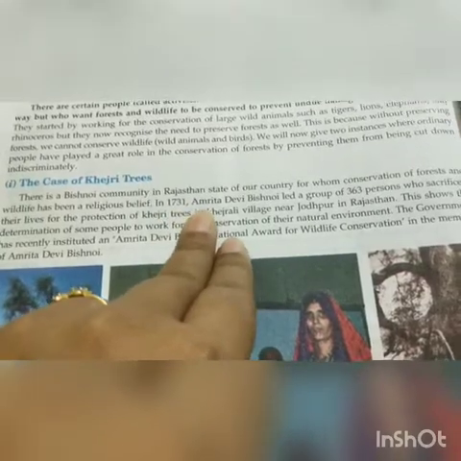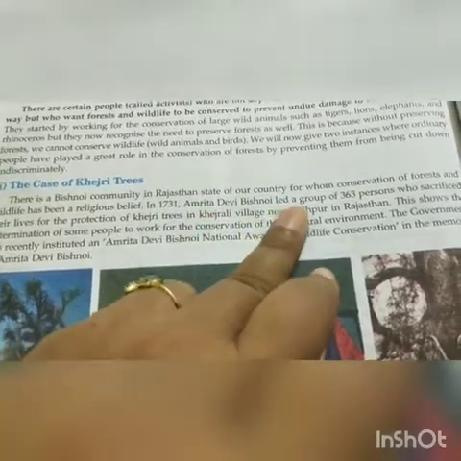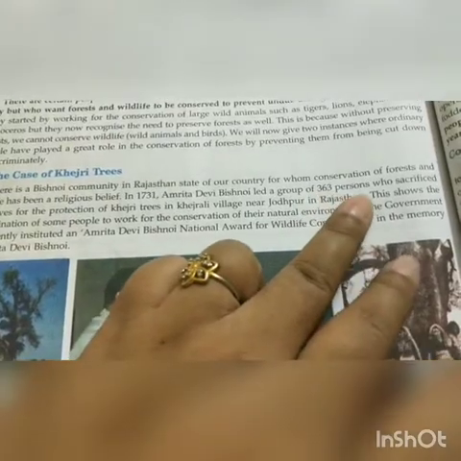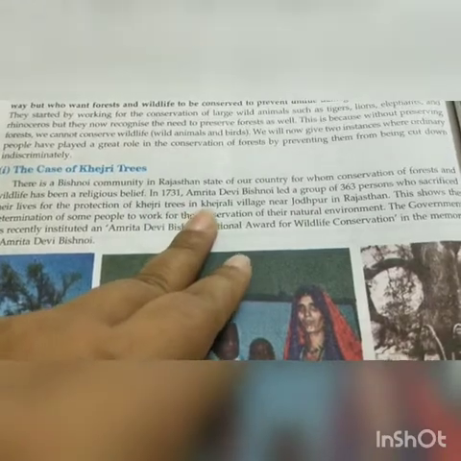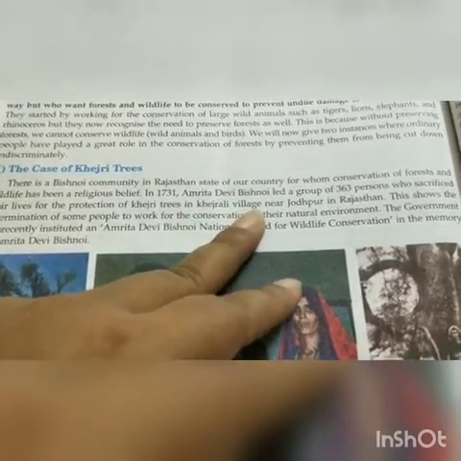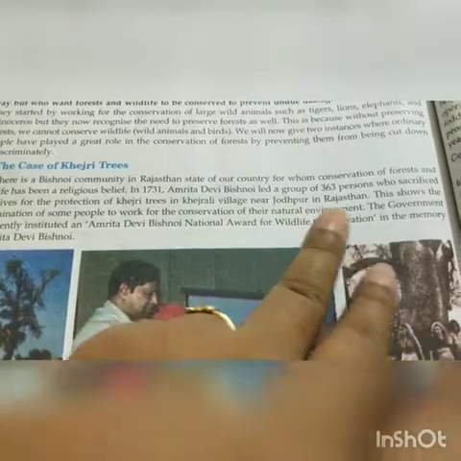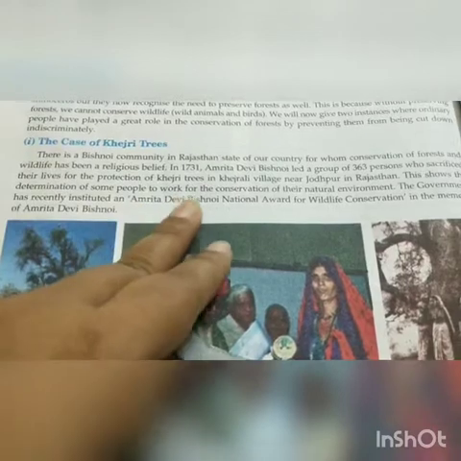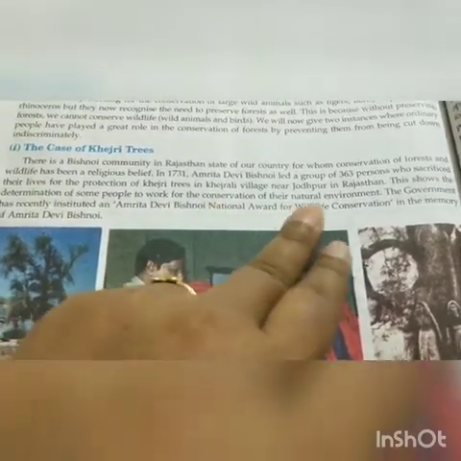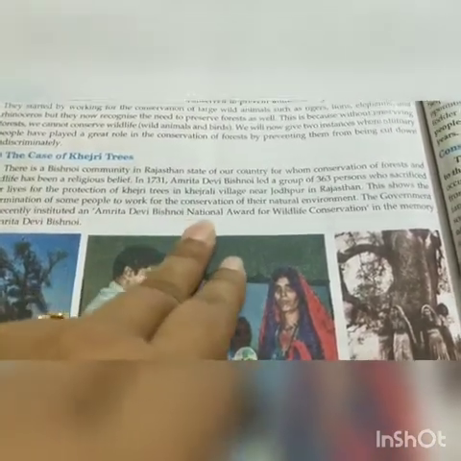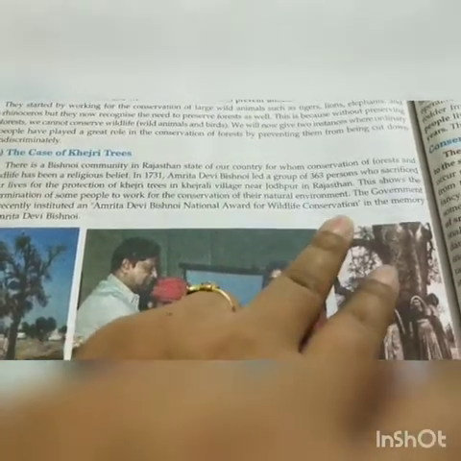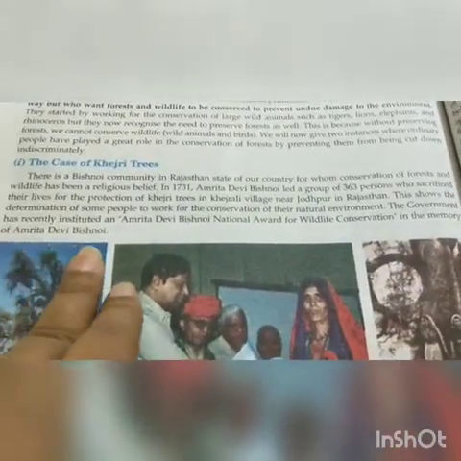In 1731, Amrita Devi Bishnoi led a group of 363 persons who sacrificed their lives for the protection of Khejri trees in Khejarli village near Jodhpur in Rajasthan. This shows the determination of some people to work for the conservation of their natural environment. The government has recently instituted an Amrita Devi Bishnoi National Award for Wildlife Conservation in the memory of Amrita Devi